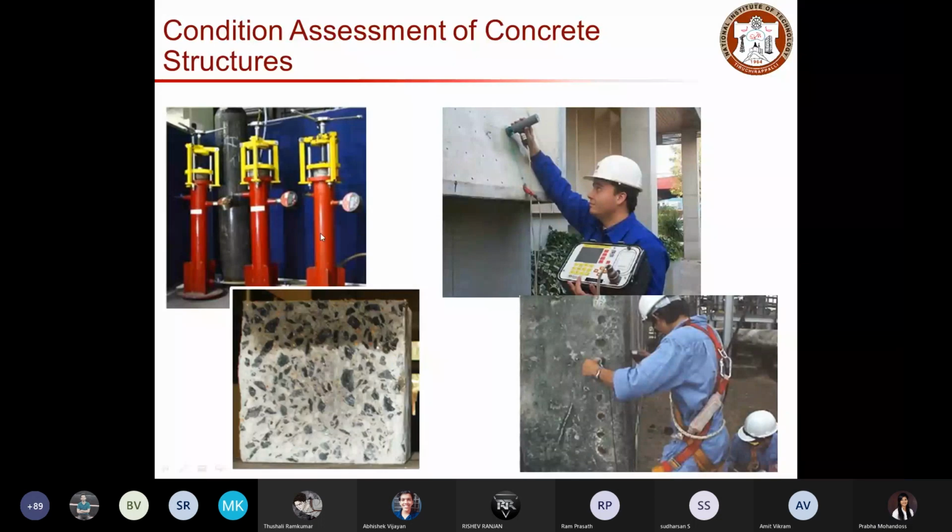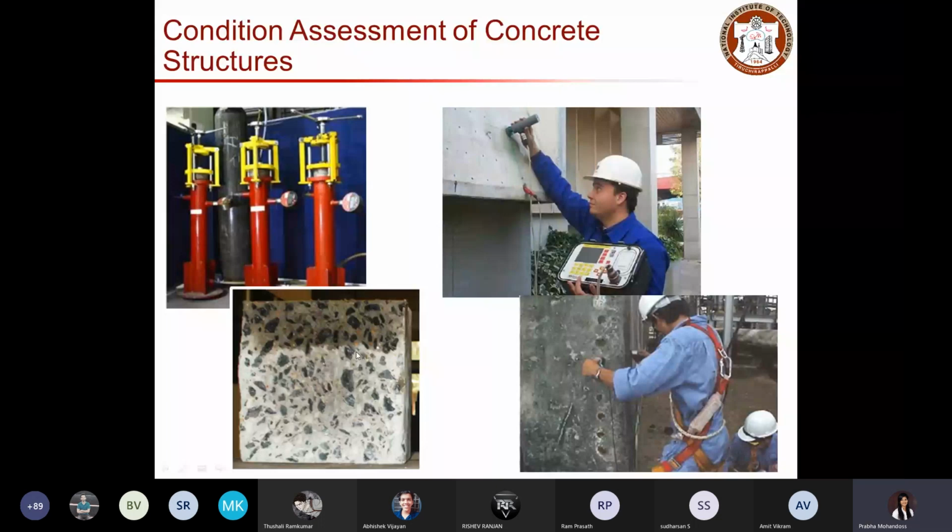So you can damage the structure on a small scale, and take a small piece of concrete sample from the structure to know its condition. So you can do the testing here. This is called a destructive test, and there are a lot of test methods available under this category. So we will look at all those different test methods in this module,